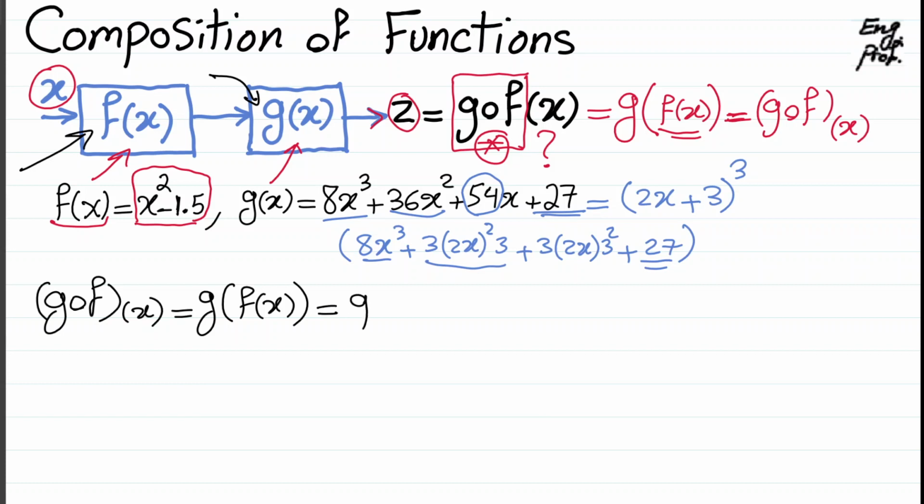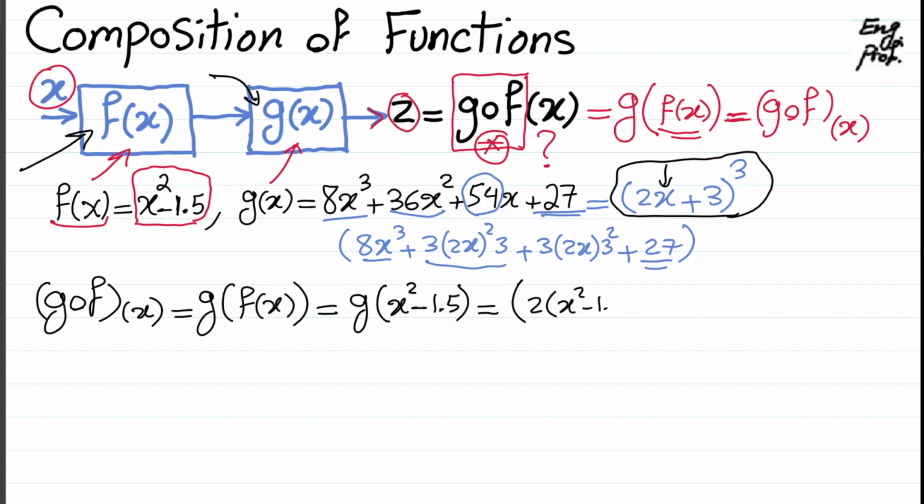So now g of f of x is g of x squared minus 1.5. So I am going to substitute inside the formula for g of x, which is just one spot. Instead of x, I'm going to substitute x squared minus 1.5. So it becomes 2 times x squared minus 1.5